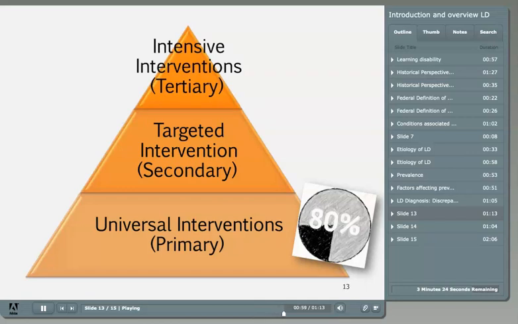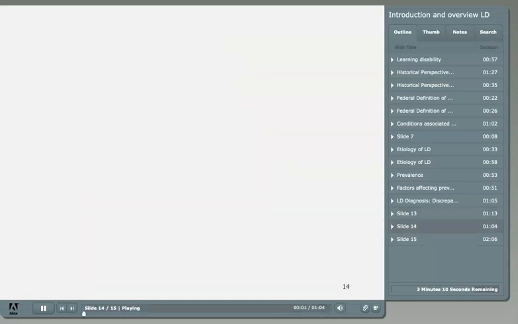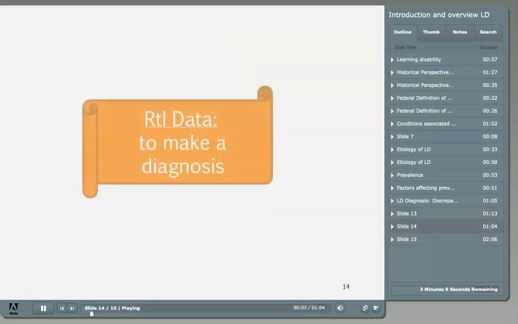If a child continues to have difficulty making progress, and they do not respond to more intense levels of interventions with greater rates of learning, this can lead to a diagnosis of LD based on a failure to respond to interventions. According to federal law today, a school district can use RTI data as the sole reason to make a diagnosis for a child with a learning disability.